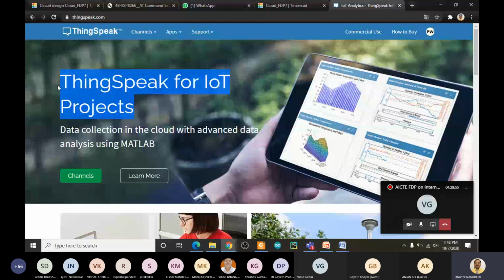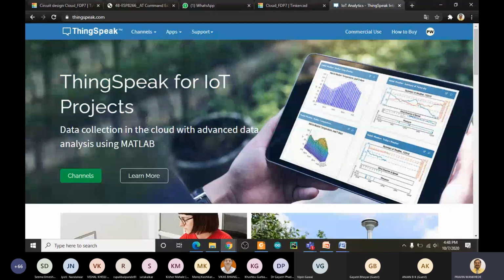One of the advantages of ThingSpeak is that it supports the HTTP GET request, so by sending just one link to ThingSpeak, it uploads the data to its cloud. There are many clouds available, but very few support GET and SET HTTP requests.